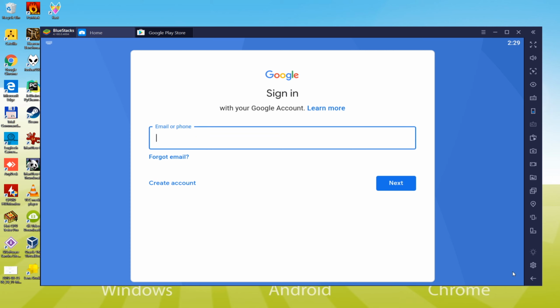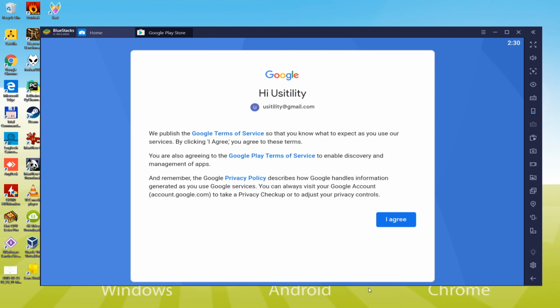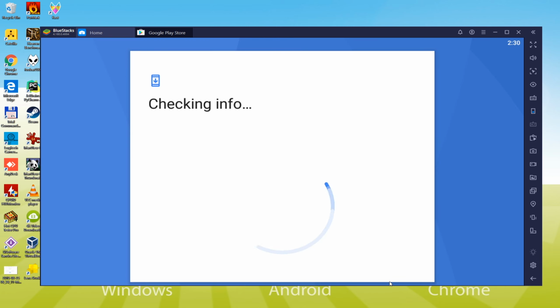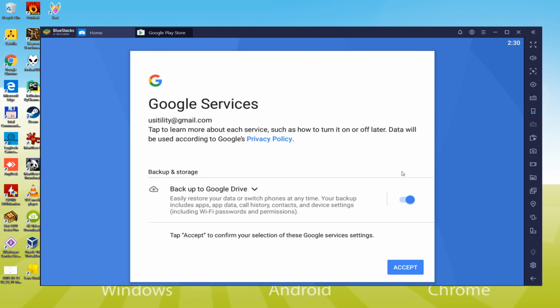We're also going to log in now. In this step, we'll just log into the Google account. We now have logged into the Google Play account. To continue installation, we accept the terms of use by pressing I agree. We do not want to make the system backup, so we will select the No option.